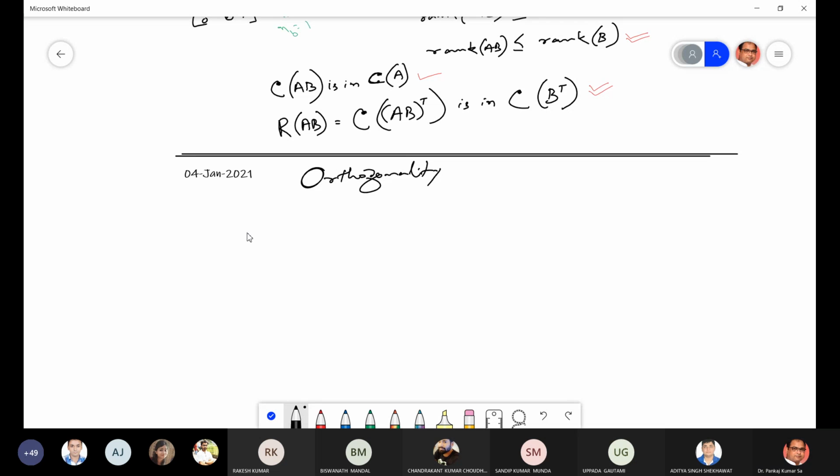Orthogonal, something known as perpendicular. And we have already talked about basis. So basis is a set of independent vectors that spans a space. Now, having said these two, basis and orthogonal, perpendicular,